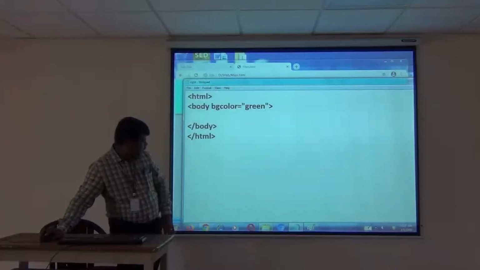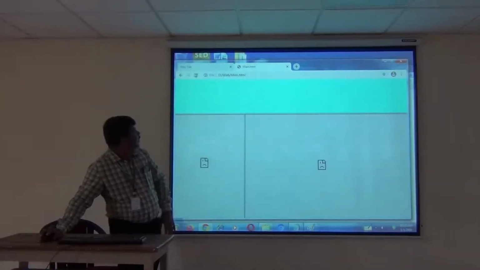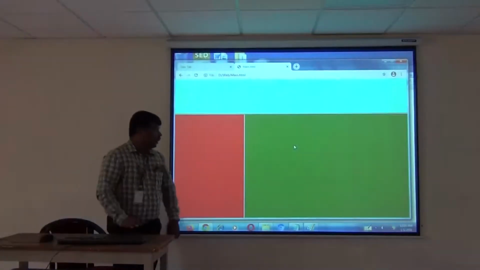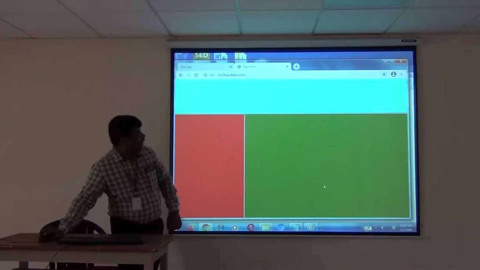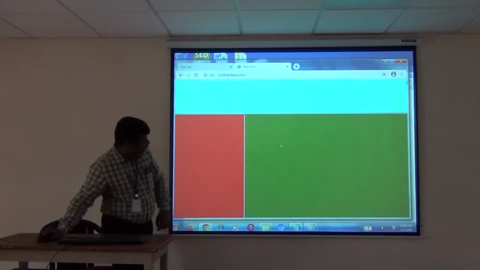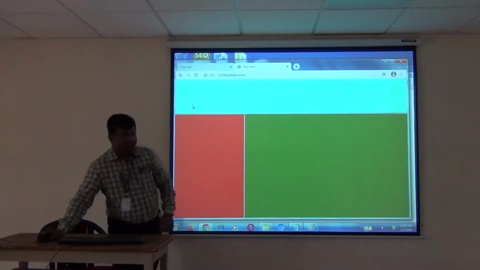Now we will open the browser and refresh it. Yes, we get it. Now three different HTML files are inserted into our frames. This is top, this is left, and this is right. In this way we can create the frames.